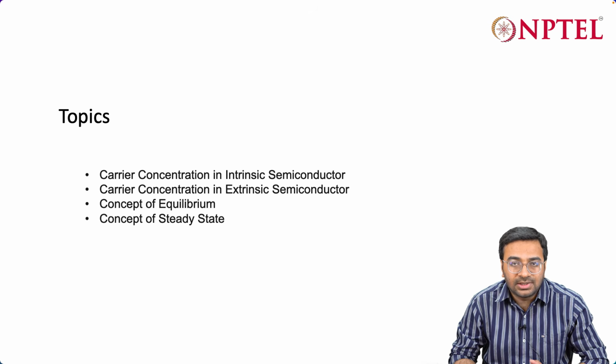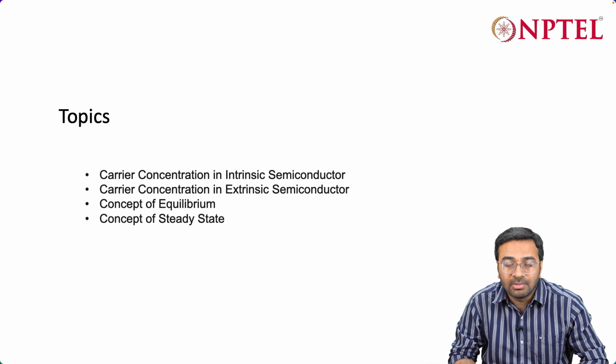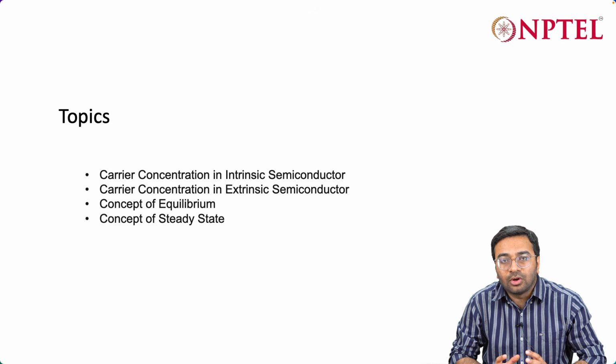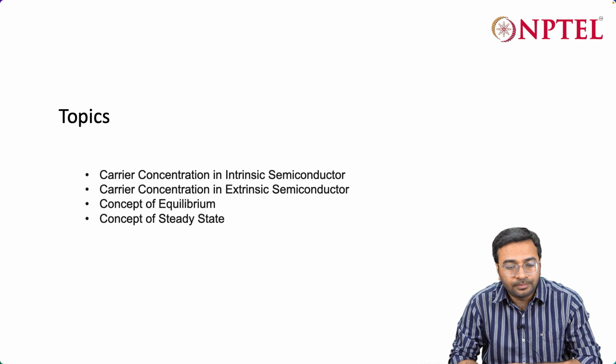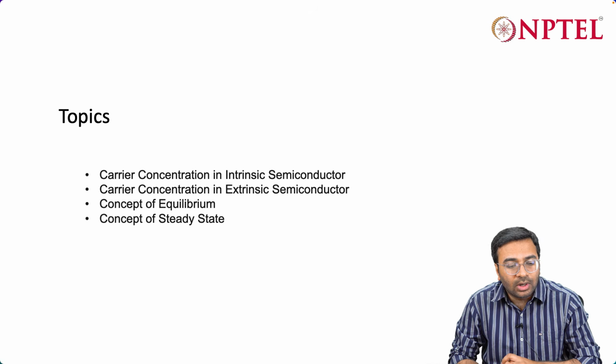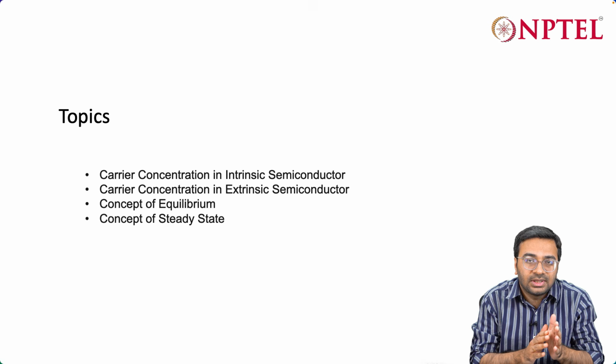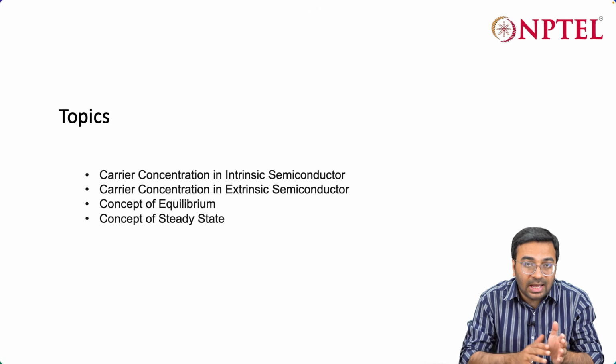We sort of explained what is an intrinsic semiconductor and what is an extrinsic semiconductor. So intrinsic semiconductor is where more or less we can consider the semiconductor material to be very pure. For extrinsic semiconductor, we basically dope the intrinsic semiconductor with certain sort of doping molecules or atoms. So in this particular lecture, our focus will be on carrier concentration, how this is different in intrinsic and extrinsic